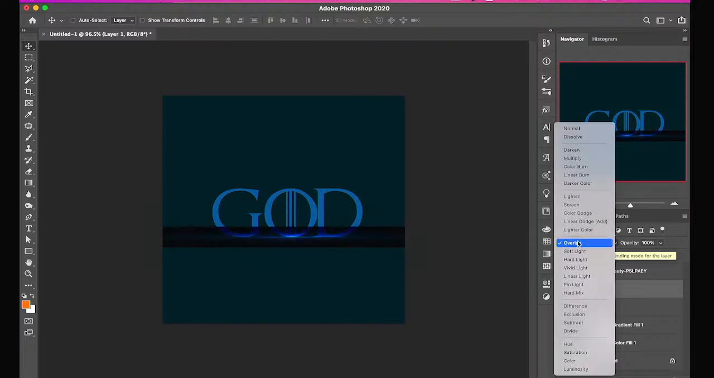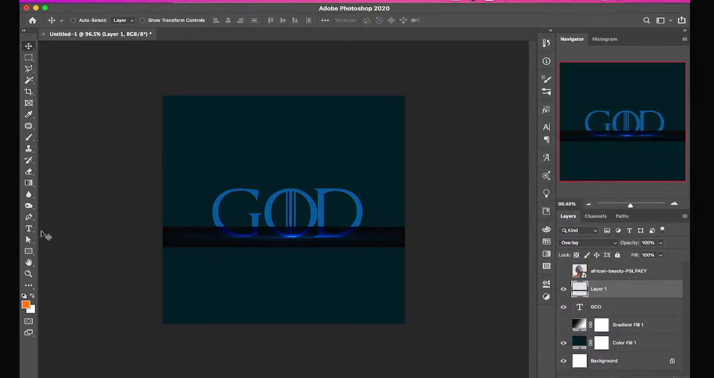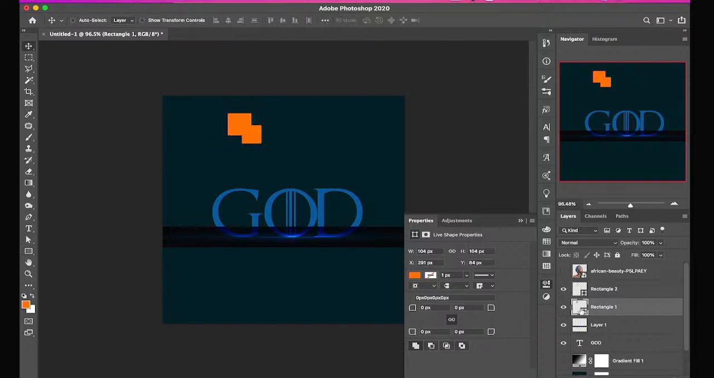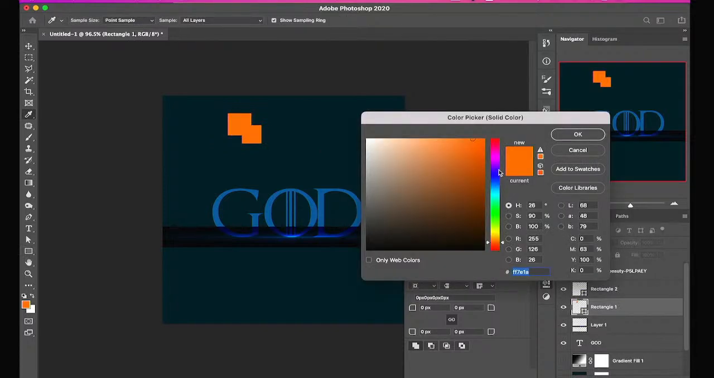Overlay, soft light. Most times when I'm just trying to mix things, I just come here and move things around, and see which one works best for the effect I'm trying to achieve. Basically, this difference works based on color. For example, let me pick complete red,